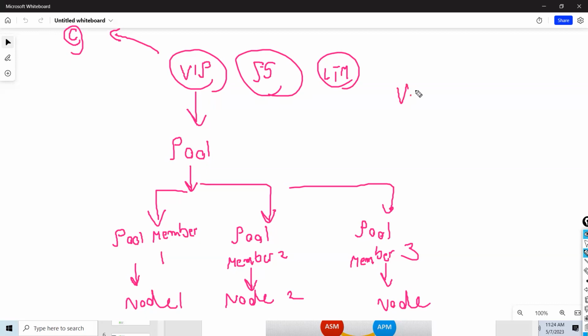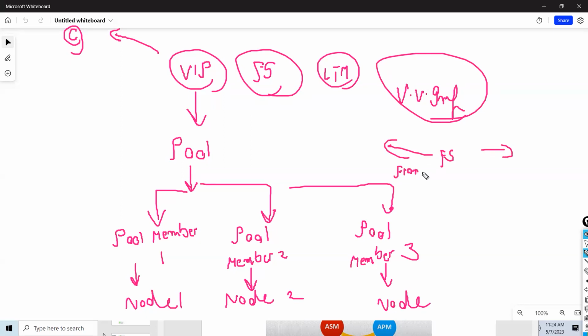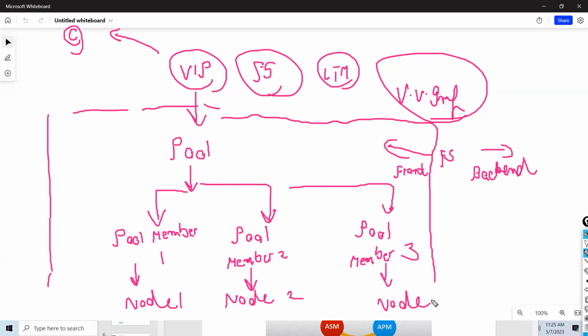Very, very important, guys. F5 is segregated between two components. One is front end and one is back end. You should remember this. Back end is this architecture. Front end is between client to F5, the virtual server. That is called front end.